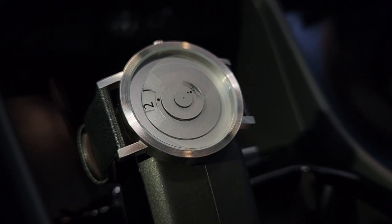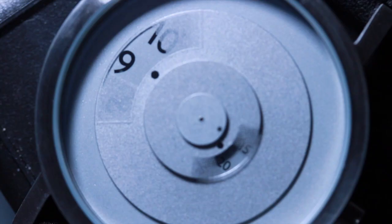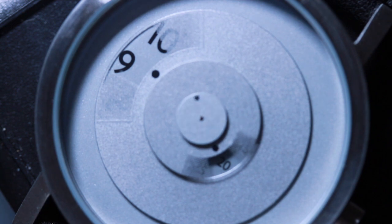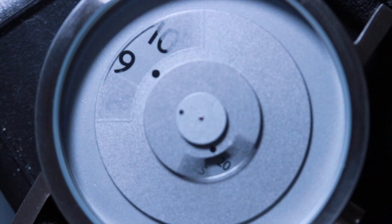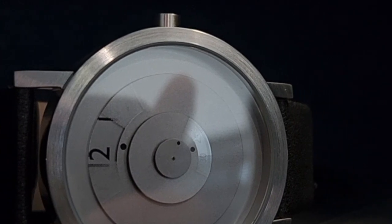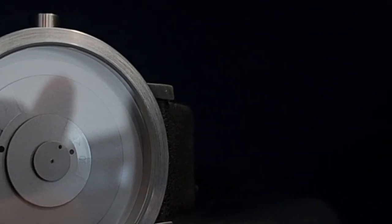With the Reveal watch, designer Daniel Will Harris broke down the concept of time to its very basics, revealing only what's necessary. This steel timepiece puts only the current time into focus through a looking glass, blurring away what's behind you and ahead of you. The Reveal holds true to the concept that there is no time quite like the present, and this watch is